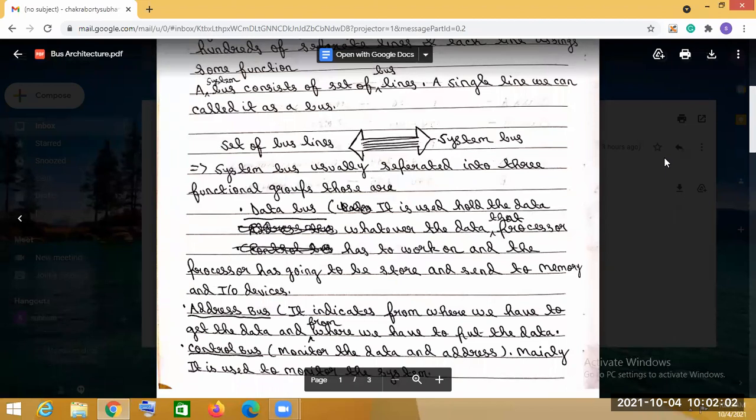Then the address bus. From the name you can say that it works on the address. It indicates from where we have to get the data, that is, the location of the data. It indicates from which location we have to get the data and where we have to put the data.